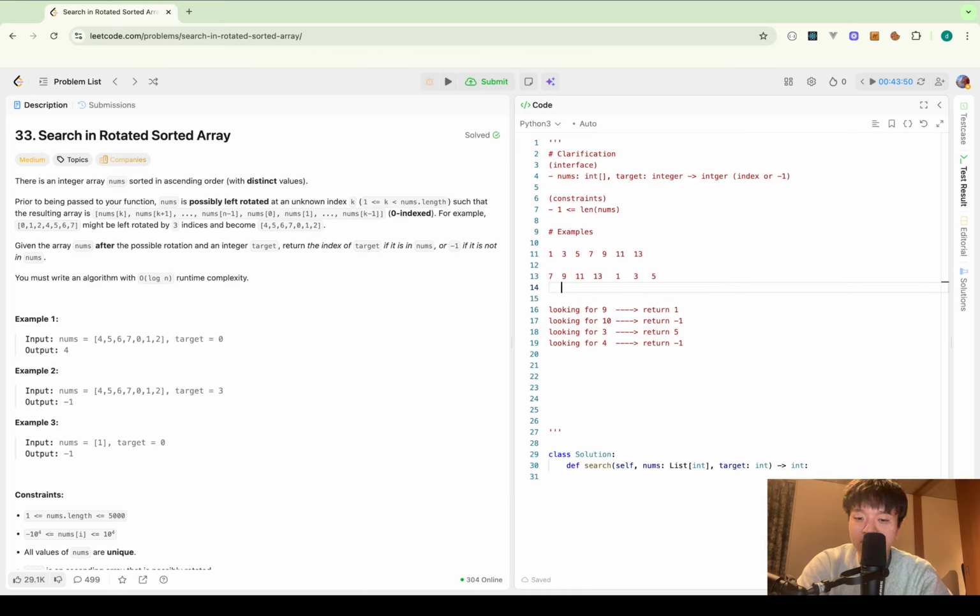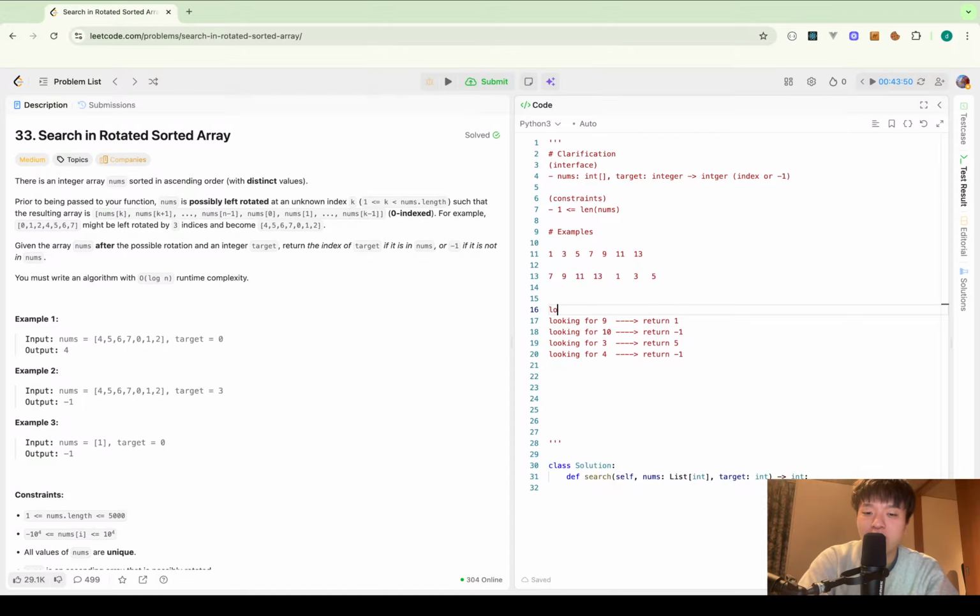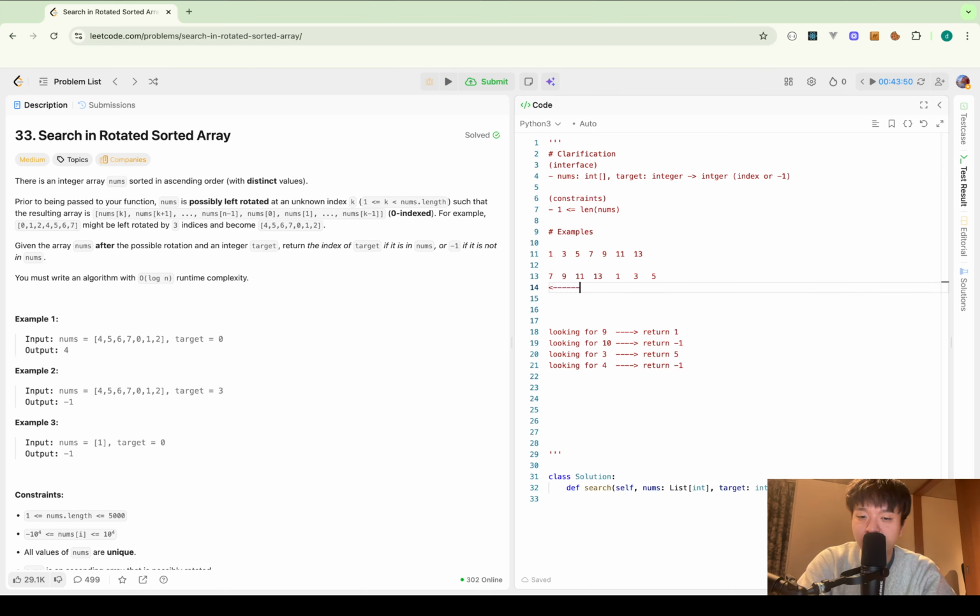So in this case, because 9 is larger than 7, it should be in the first half before the pivot. But for 3 and 4, because they are smaller than 7, they should be in the latter half. And that being said,